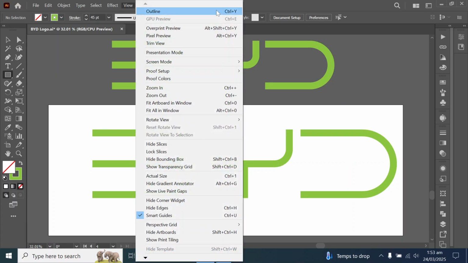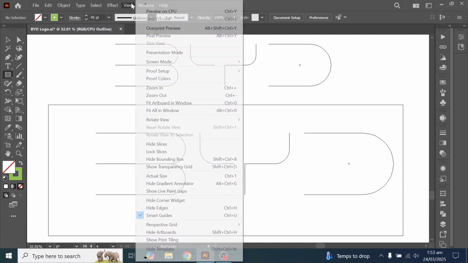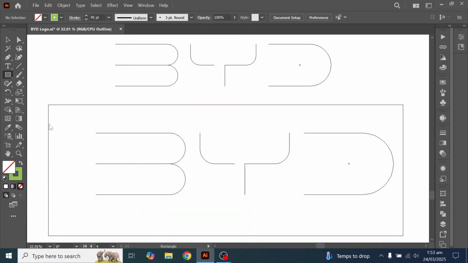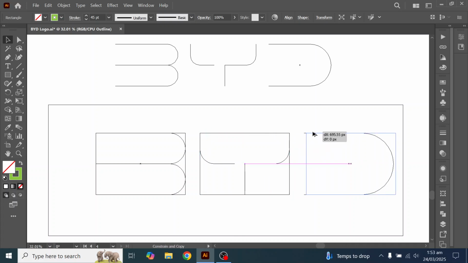View, outline view, Control Y. So if you draw a square here, and drag it on the next character, you will see it's exactly the same and they have the same distance too. So drag it ahead again. So you see they are exactly the same and they are perfect,